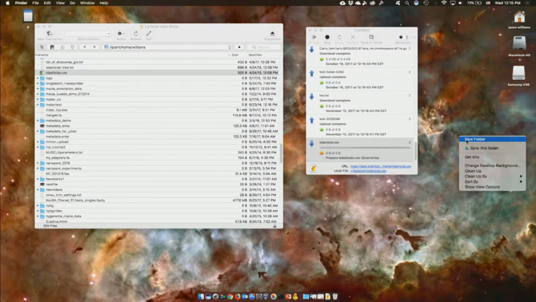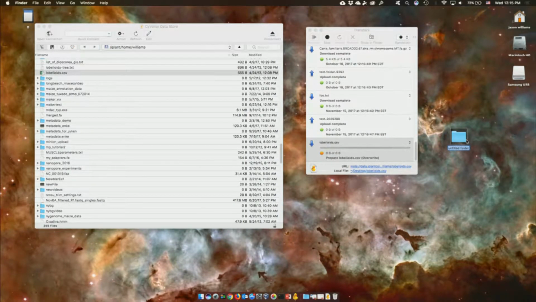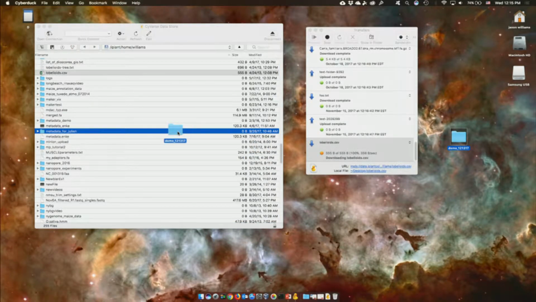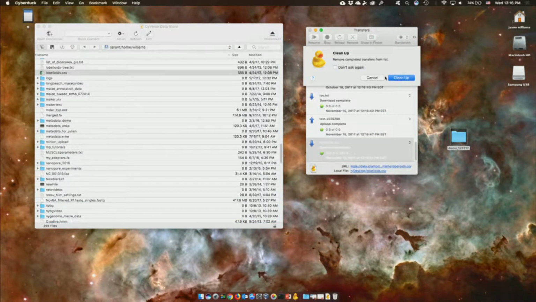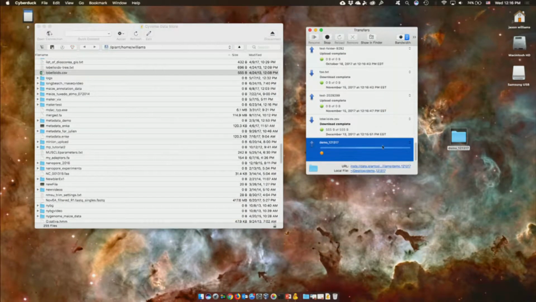If I create a new folder on my desktop, imagine that it was filled with data. I'm just going to call this demo 12, 13, 17. And if I wanted to move that onto my CyVerse data store, the same thing, I could move it over to the left. I would also be asked, do I want to go ahead and do that upload? Oops, this one is done. Just got to wait for it to recognize that. And in the dialog again, I'm just going to not clean up this time, I would see the status of